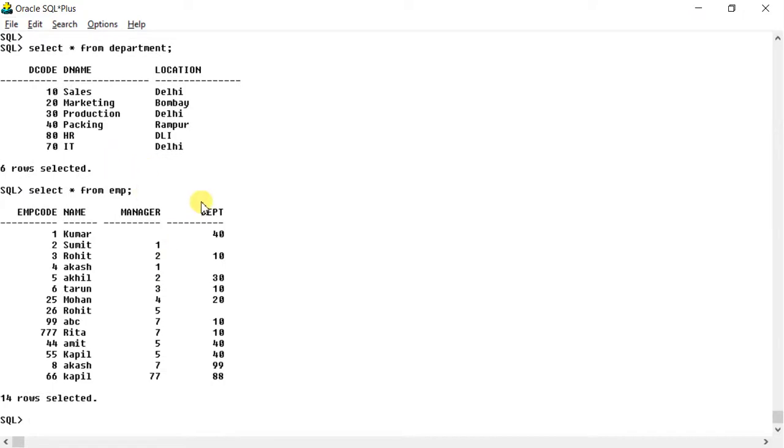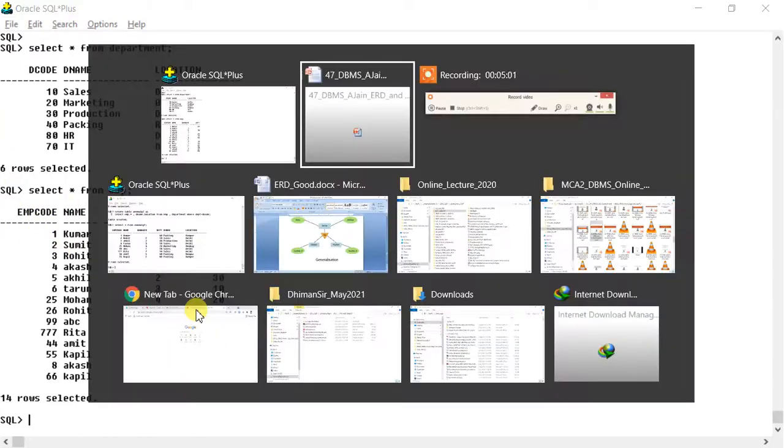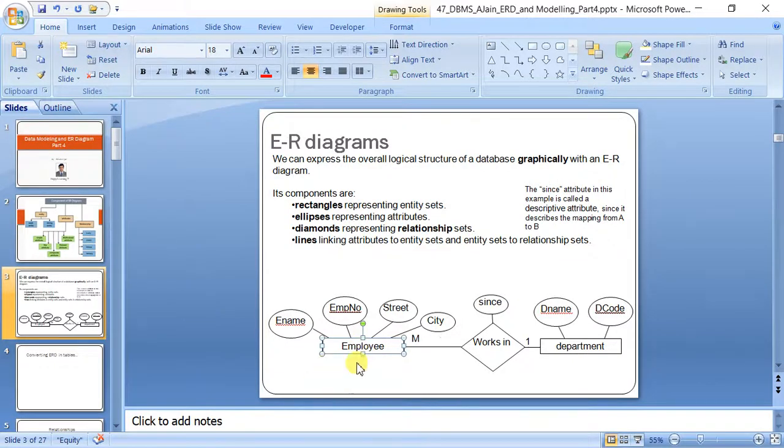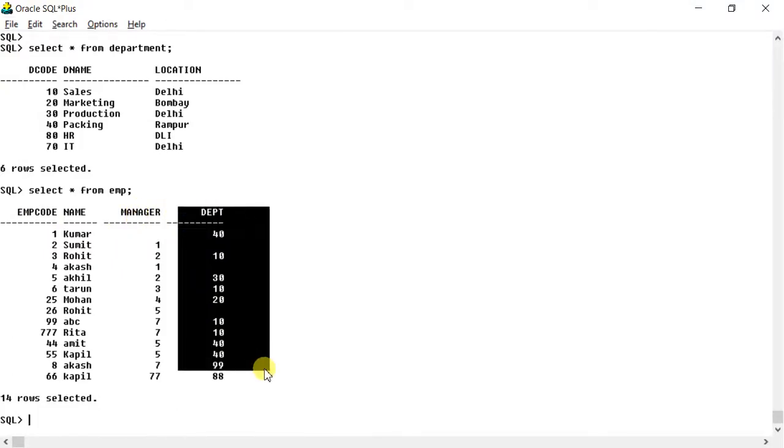For the time being, we assume that this column does not exist here. If you see this table EMP, our ER diagram was saying to create an employee table with employee name, employee code. I have not taken street and city, but you can understand. So I have taken employee code, name, manager, and assume that this column is not present.